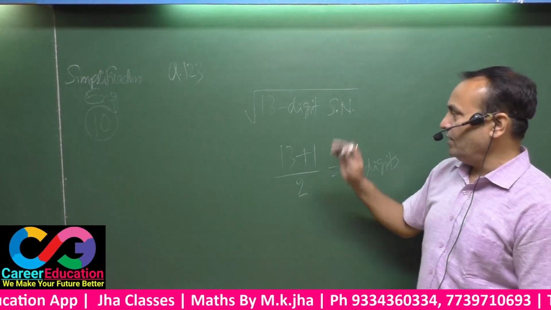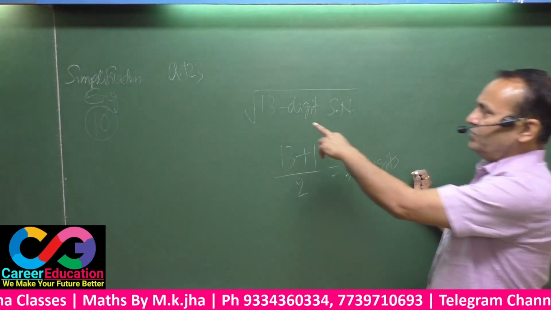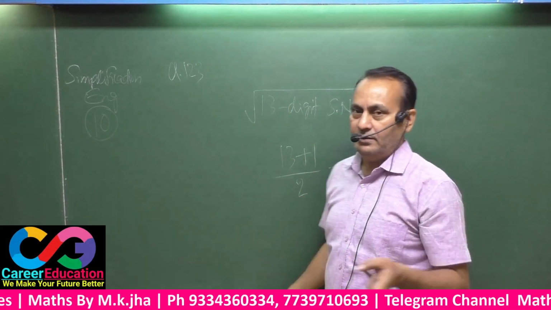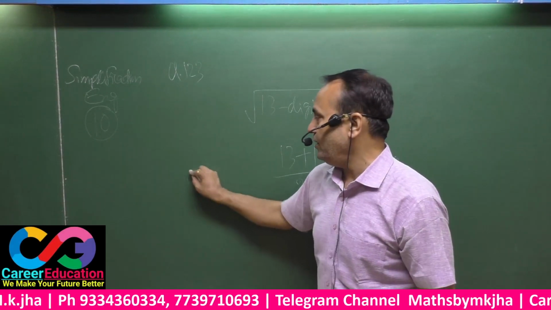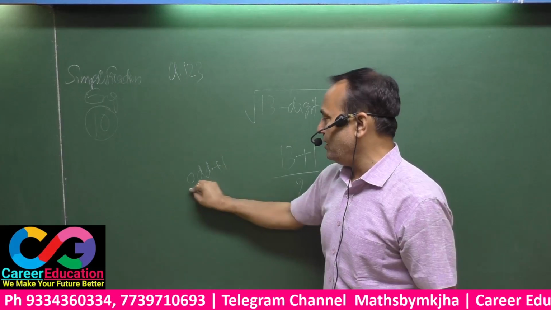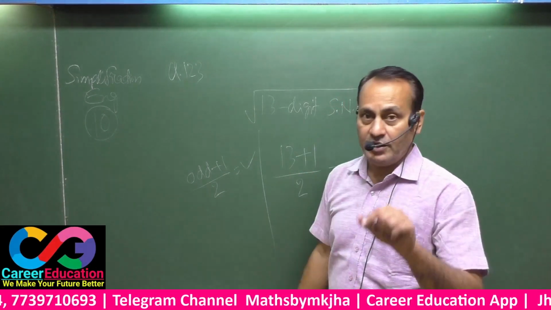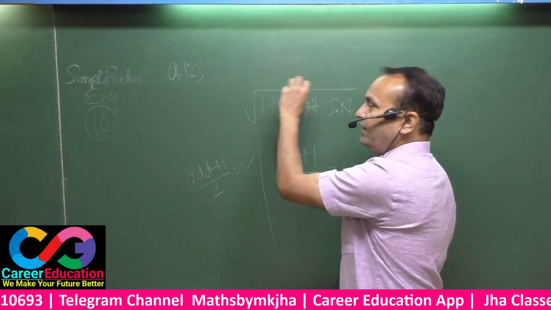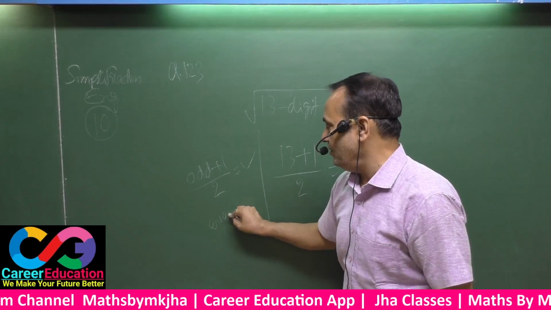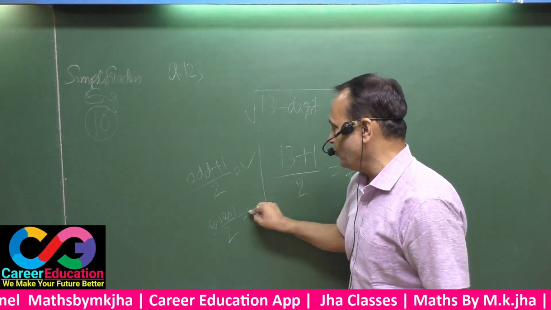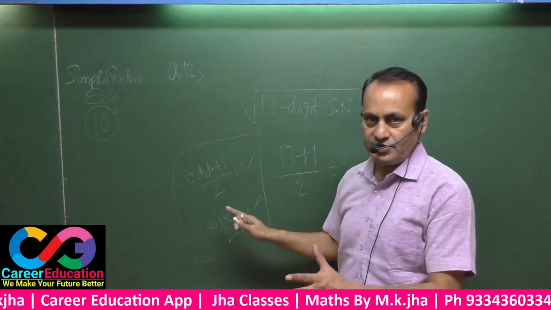That means here you have to learn: if the number of digits in your perfect square number is odd, certainly odd plus 1 is divided by 2, and this is your answer. Or if the number of digits is even, that means even is divided by 2, and thus you get the answer here. Note down, this is your technical approach.